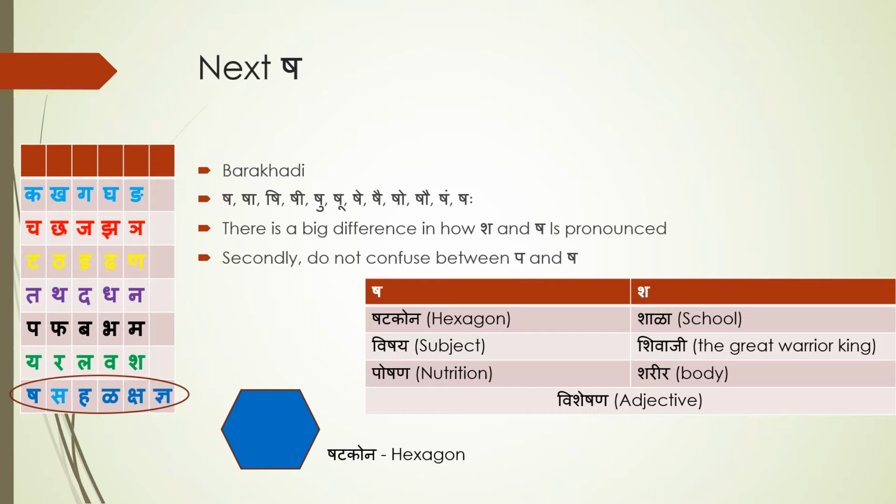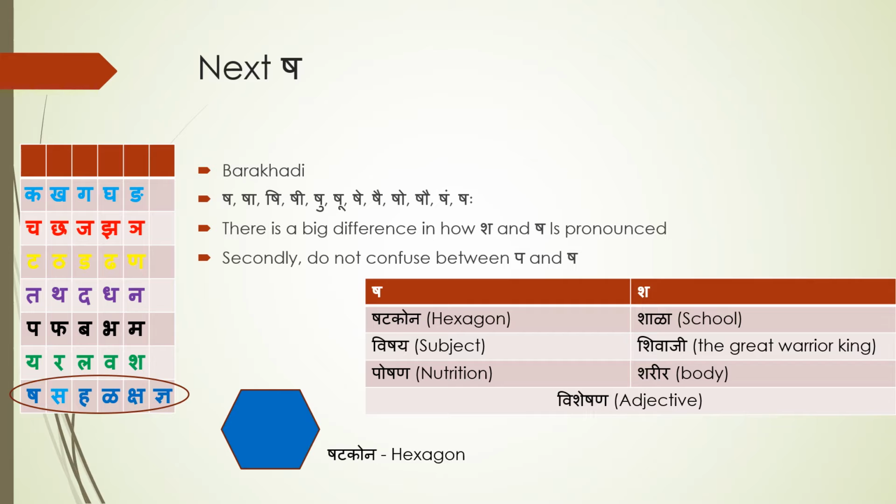Sh, S, H, R, Ksh, Dny. Did you hear it right? I said sh once again, but we have already learnt it. So what's the difference? Well, as per the pronunciation rules, there are two types or two different letters in Marathi,